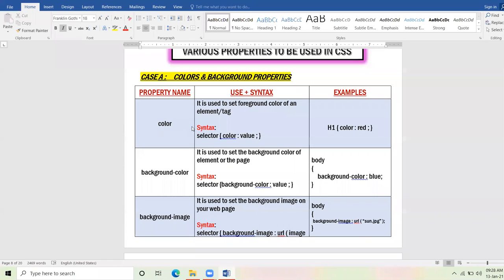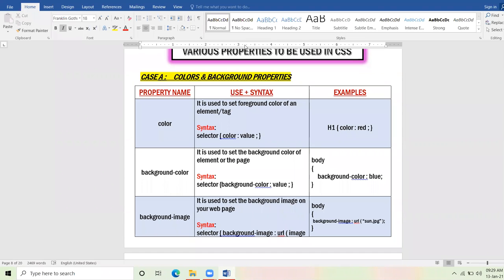Background color means the color that you take in the background of the web page. Am I clear with the difference between foreground color and back color?